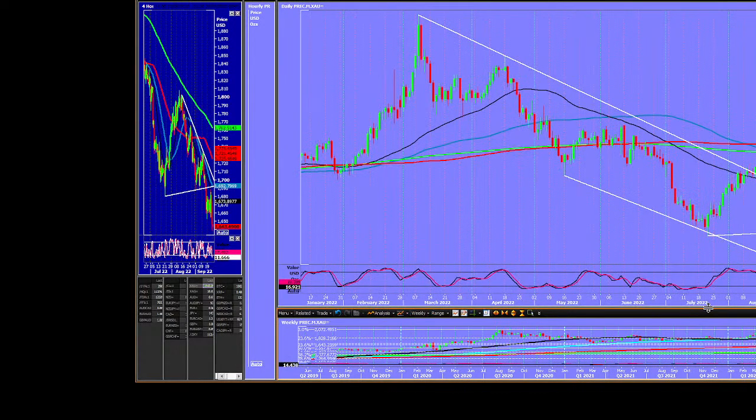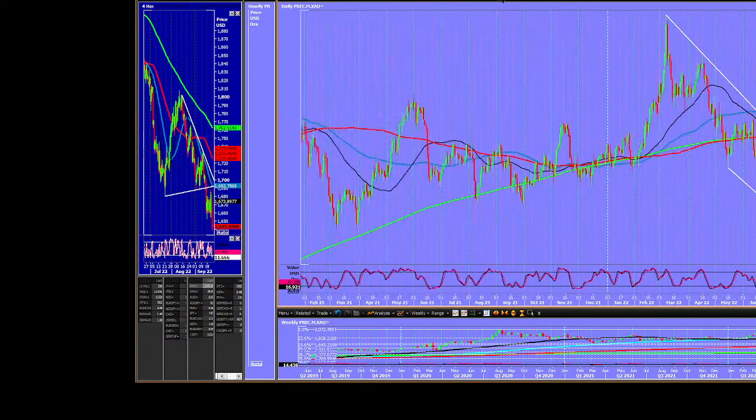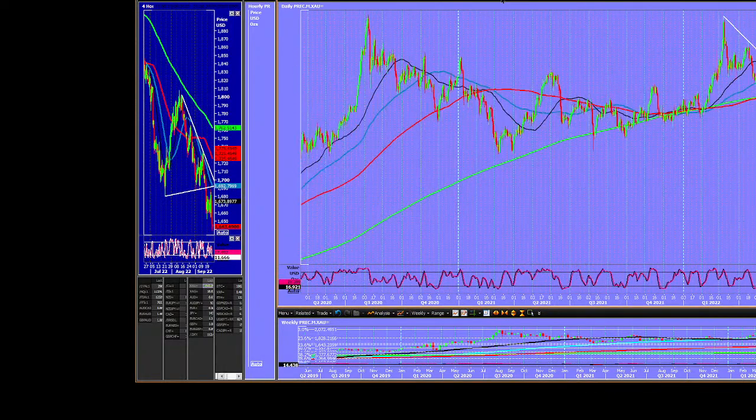Then I'll start talking about maybe this was only a correction in a bear trend rather than a double top followed by a move to the downside. But the other thing is the neckline to the double top, and it's really only a double top when the neckline has been broken, of course, and bang, that's it. So we've definitely broken it. That's on the daily chart.